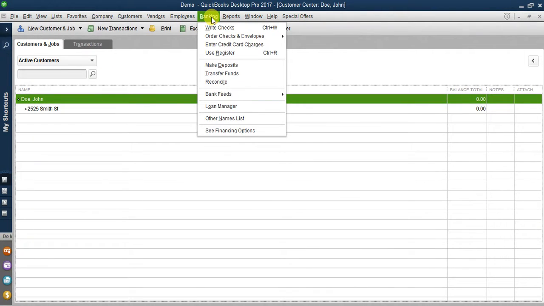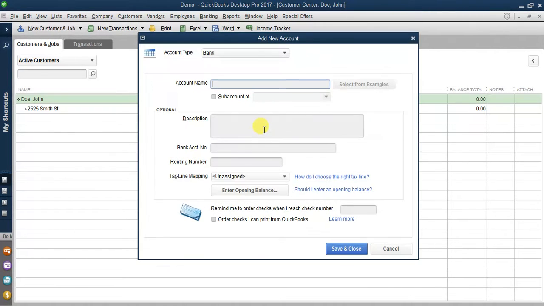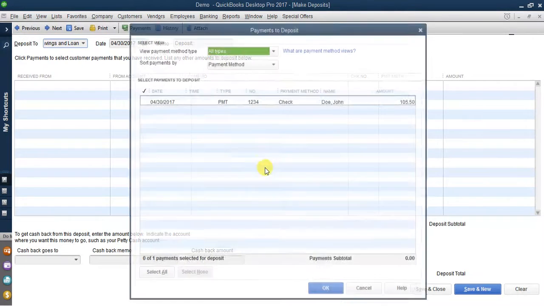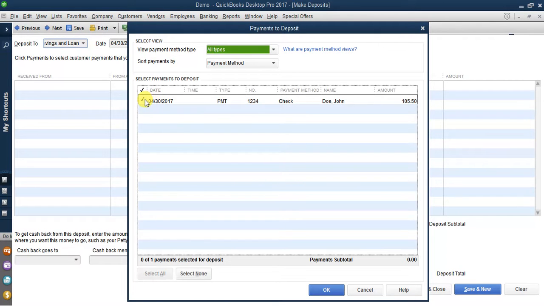We'll have to set up a bank account, which we'll go through here, because if you see this, I don't have a bank set up. So let's create one. Let's call it Bailey Savings and Loan, and you would put the account number in here. Bailey Savings and Loan, if that sounds familiar, it's from It's a Wonderful Life. Okay, now we just check on that